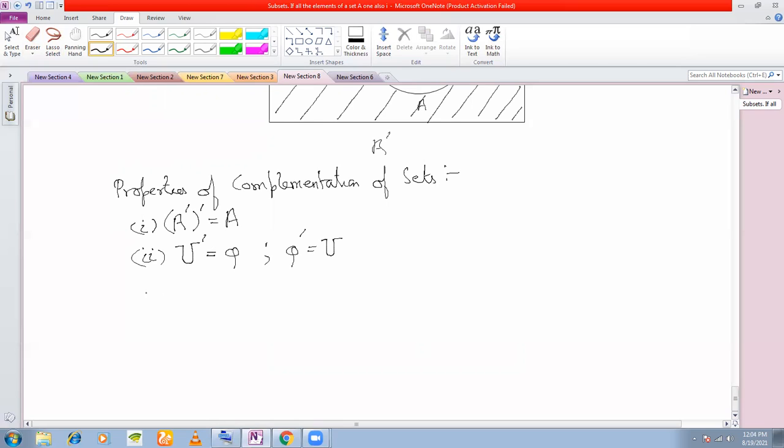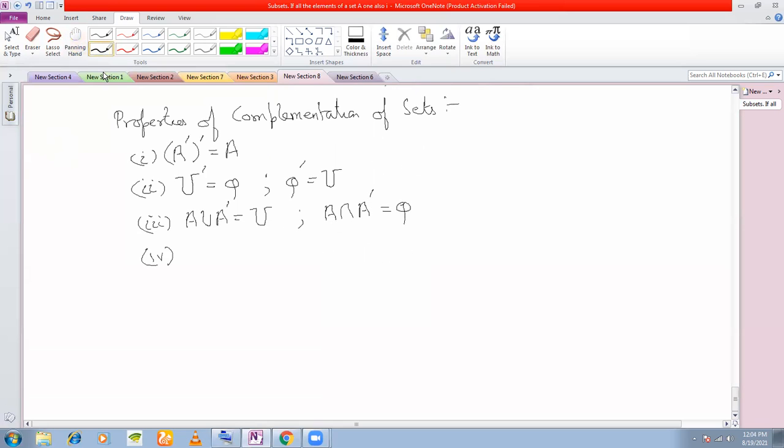Okay. Next property is that A taken union with its complement will give you the universal set, and the intersection of A and A complement will be a null set. Okay, and fourth property, and a very, very important property which we shall be using, please remember this property,